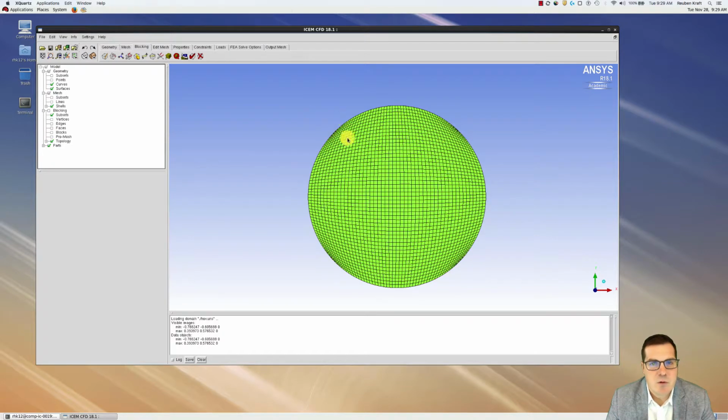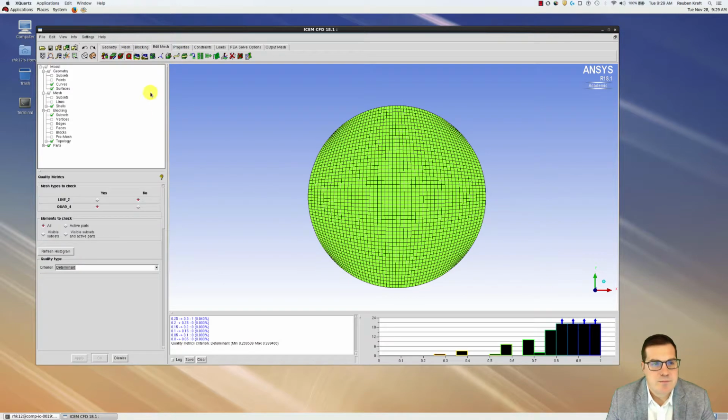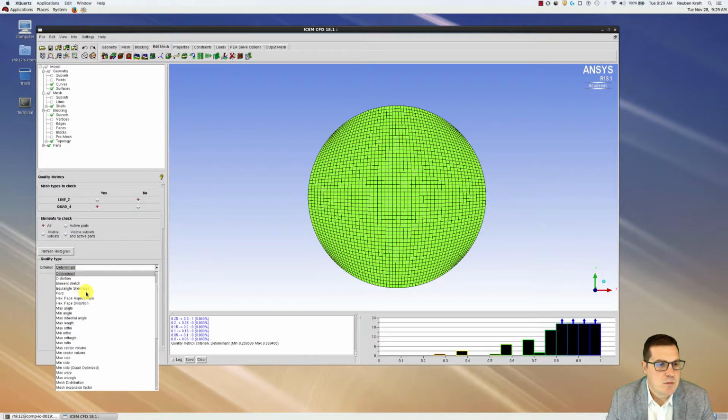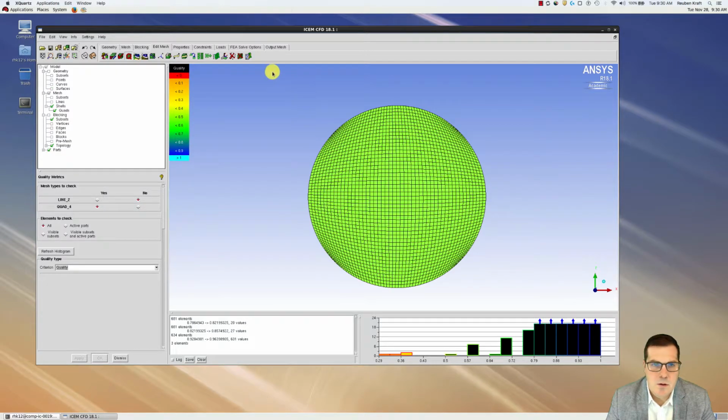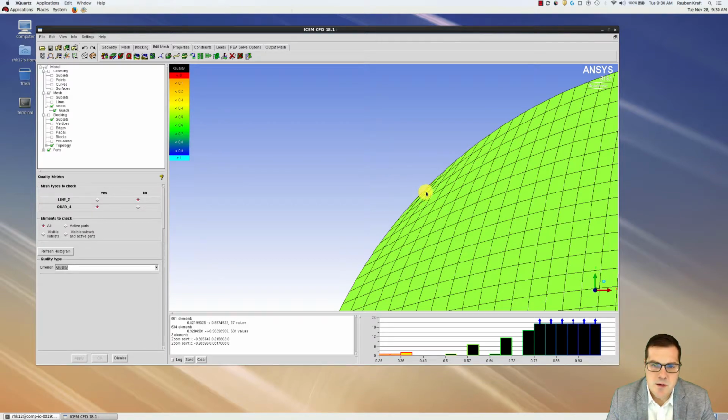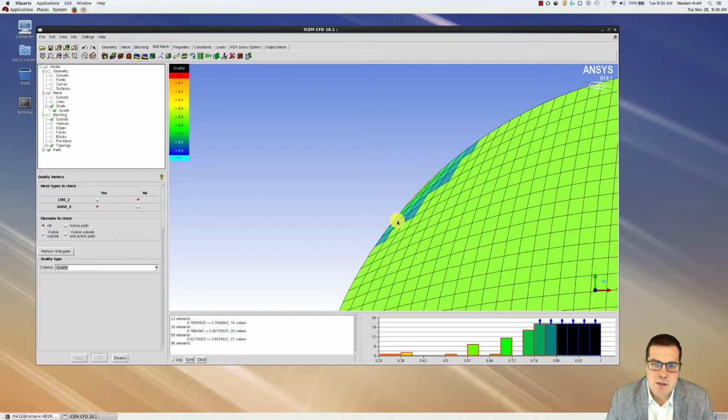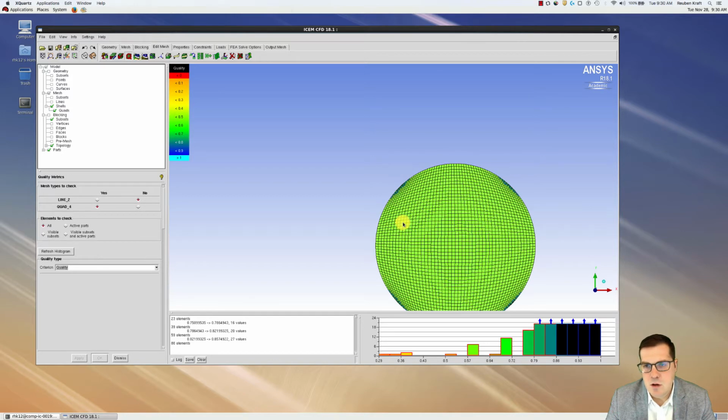However, we have terrible quality. If we go into our edit mesh, look at the quality here. Let's go quality, apply, off, zoom in on. There we go. So we have an element way down here, pretty low quality. Okay, and these start to get selected. Those corners are really bad. So you can see those corners are poor quality